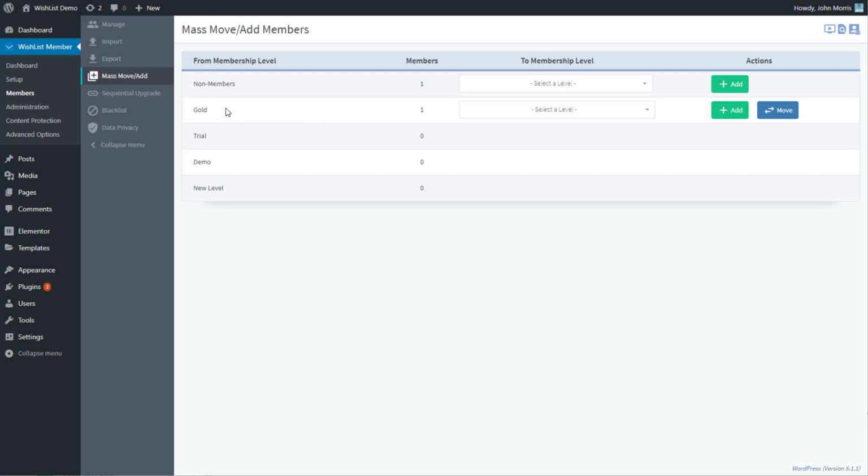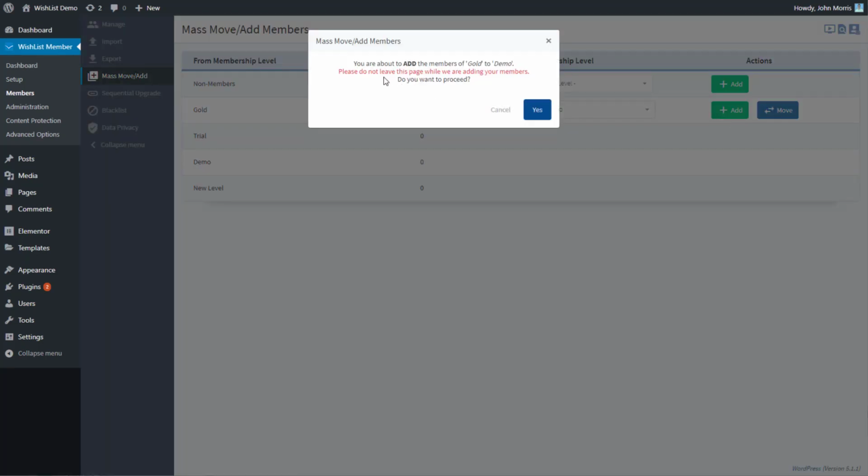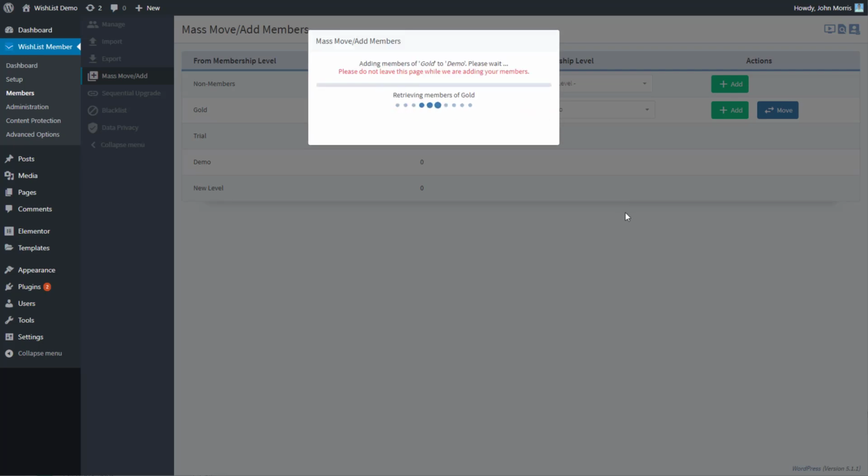So here, let's just look at our gold level. We have one member in that, and if we wanted to take all of those members and add them to this demo level, we would just select the demo level and click add here. And you'll see here, you're about to add the members of gold to demo. Please do not leave this page while you're adding your members. Do you want to proceed? Hit yes. And that will then go through the process of actually adding them, anyone who's in the gold level,